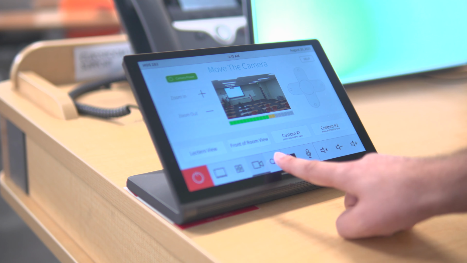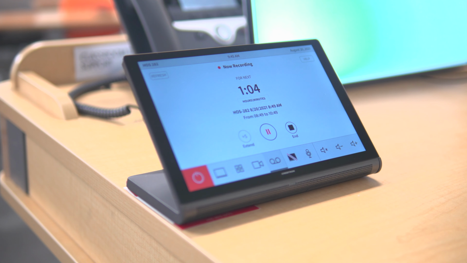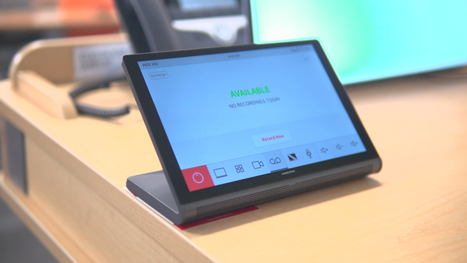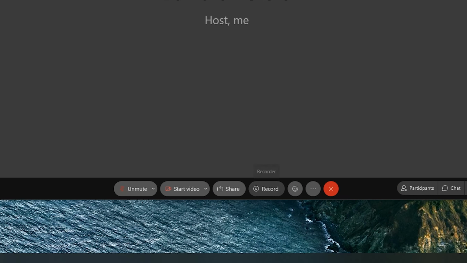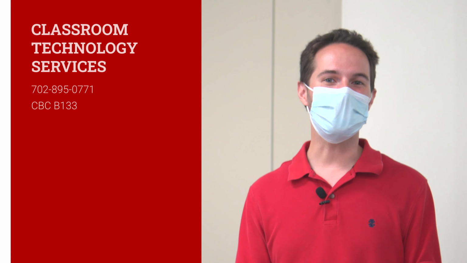If you will be recording your classes, we recommend recording in both Panopto and WebEx. You can verify that your scheduled Panopto recording will start and stop on time by pressing the lecture capture button on the touch panel. You can also start a Panopto recording on the fly by pressing the Record Now button on the Panopto page. If you're recording in WebEx, you can click the record button in your WebEx interface to start your recording.